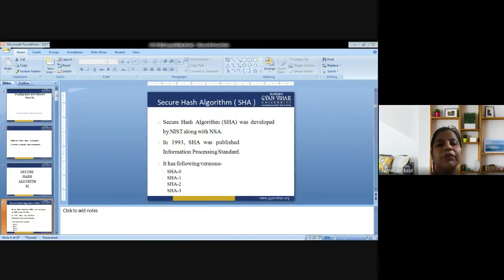Next is signature generation and verification. So what is basically signature generation and verification? A digital signature is a mathematical scheme that is used to verify the authenticity of digital messages or documents. A valid digital signature, where the prerequisites are satisfied, gives the recipient very strong reason to believe that the message was created by the known sender and that the message was not altered in transit, so its integrity is achieved.